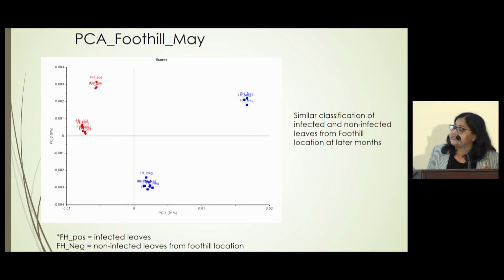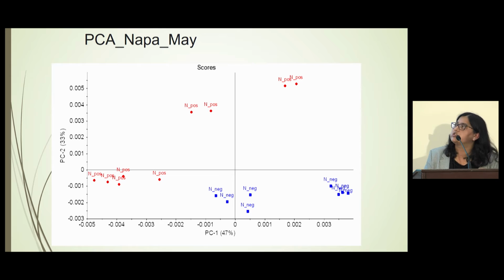We got the same kind of separation, the classification, for the Foothill region at later stages too, because even at early stages we can find classification. At later stages, infections and symptoms are more pronounced, so we got a very good classification for the Foothill region even starting from the early stage. I'm not going to show all the data we processed for the Foothill region, but I'm going to show this one. We also collected samples in May from the Napa region, and as I told you,